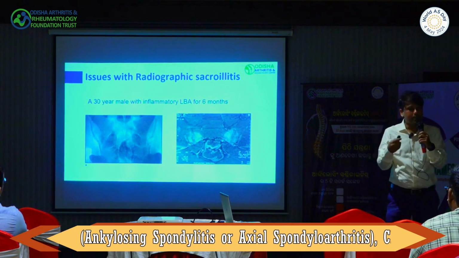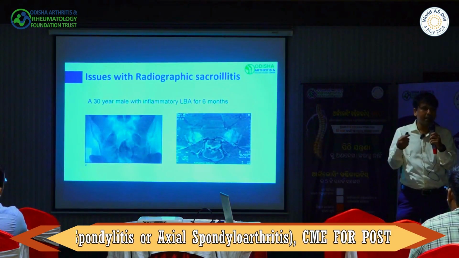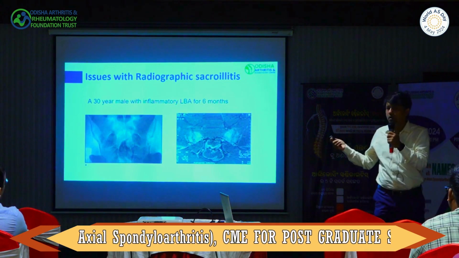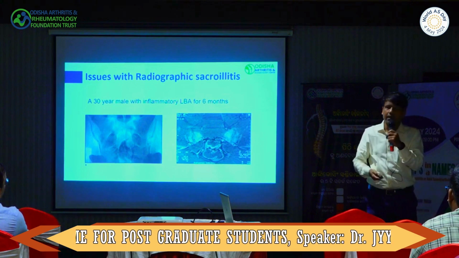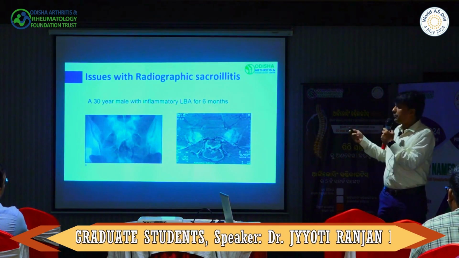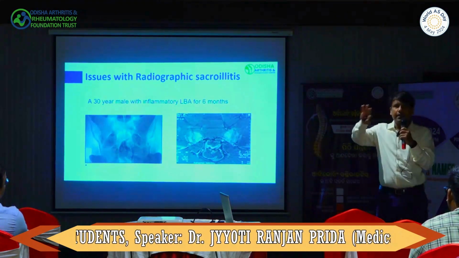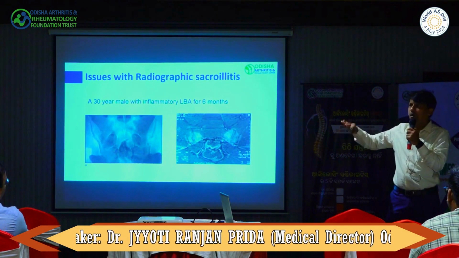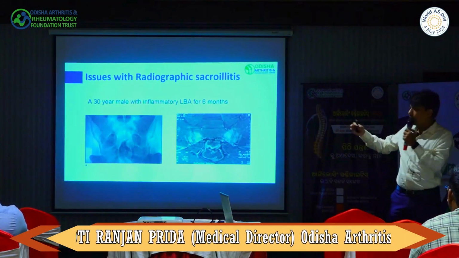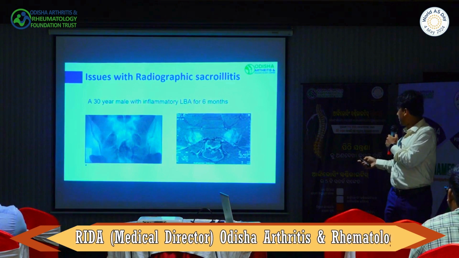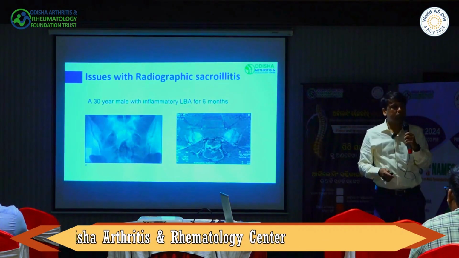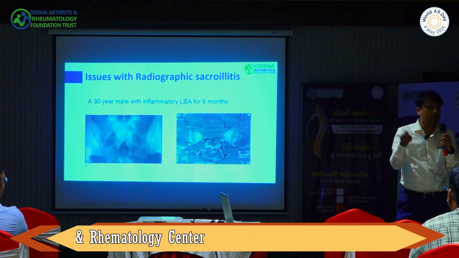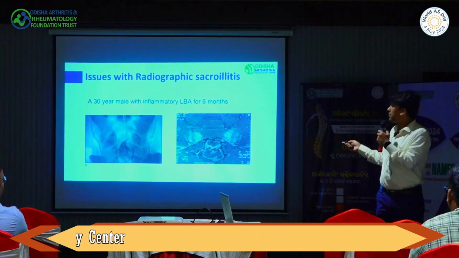The bilateral sacroiliac joints are normal. But when people started doing MRIs, because MRIs came around 1996, 97, and then when people did it, they saw that many people whom they were discarding, saying this is not ankylosing spondylitis, when they did an MRI, it picked up very nice bone marrow edema. So they told me then we are missing many cases who are actually having this disease, but X-ray was not